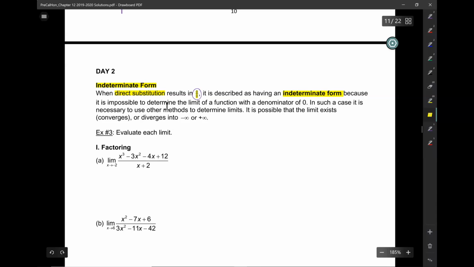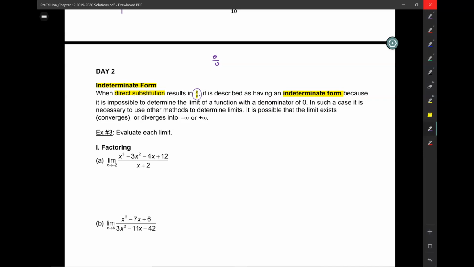The reason is 5 divided by 0, right? That we know will lead to infinity. If you have a number divided by a very small number, that's infinity. However, what's 0 over 0? Is that 1? It's not 1. Is it infinity? It's not infinity either. So the thing is, 0 over 0